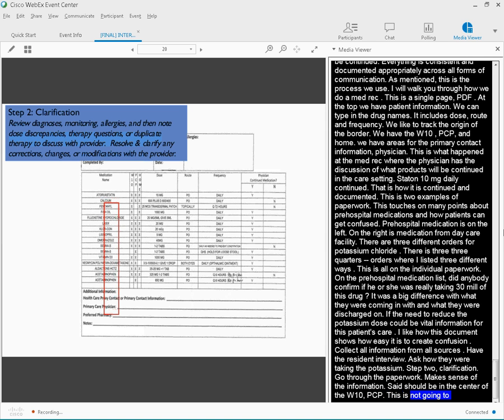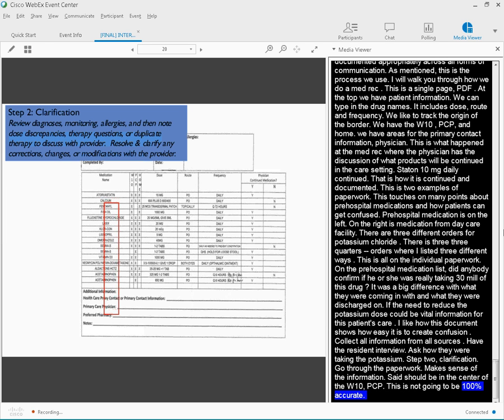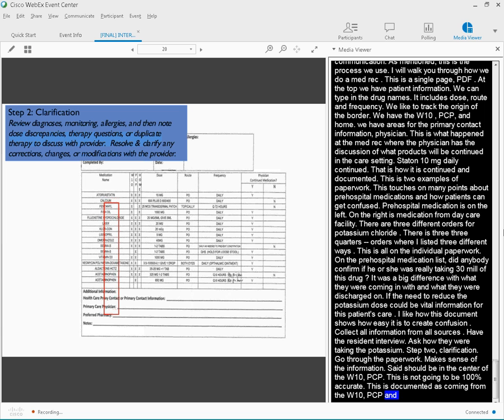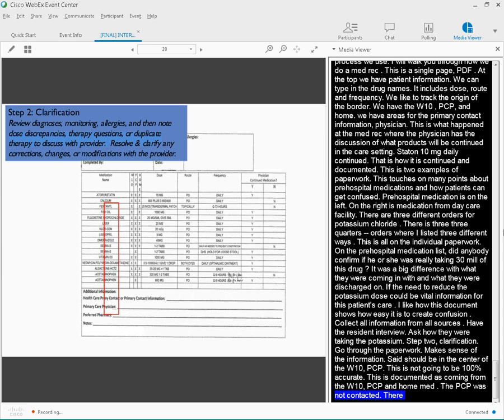Atorvastatin on this list is documented as coming from the W-10, the PCP, and the home med. I can tell you here that for this particular form, the PCP was not contacted, so there should not be an X underneath the PCP. There should basically be a W-10 and a home where they have X. And so